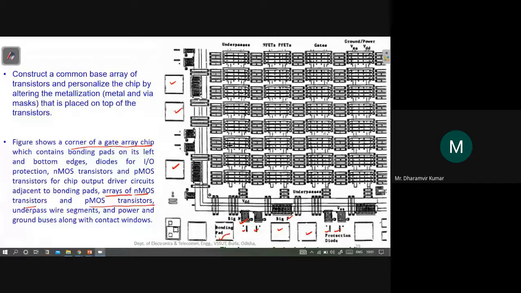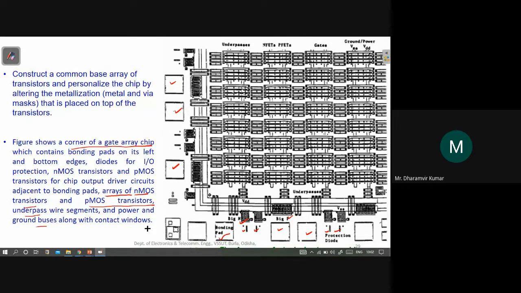Although it also contains some other required elements, most of them are the array of NMOS and PMOS transistors, which will be available for the user to define and make its circuit. It will also have some underpass wire segments, then power and ground buses along with contact windows like this.